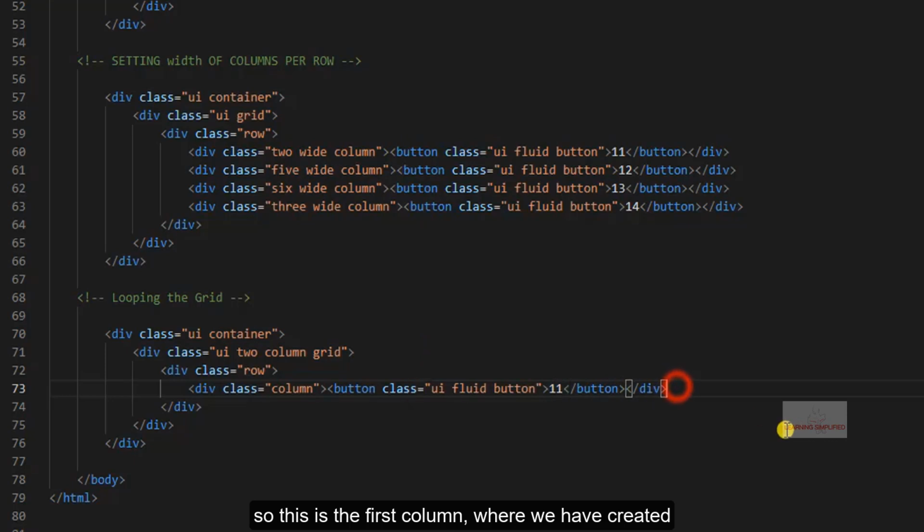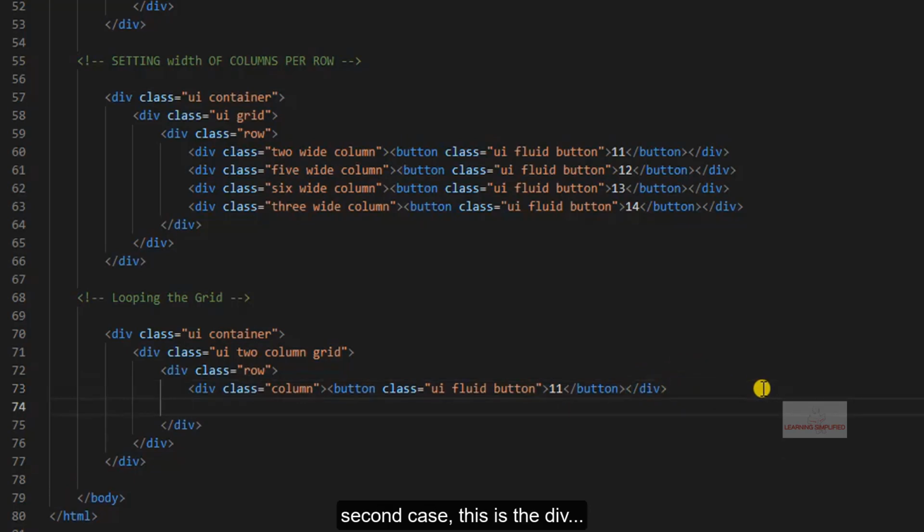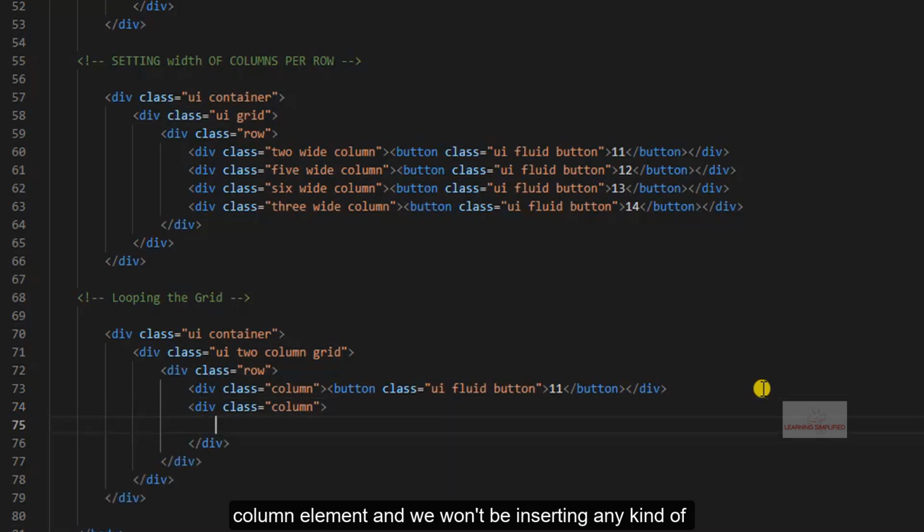So this is the first column where we had created this individual fluid button, and in the second case this is the div. This is the second column element, and we won't be inserting any kind of fluid button over here.